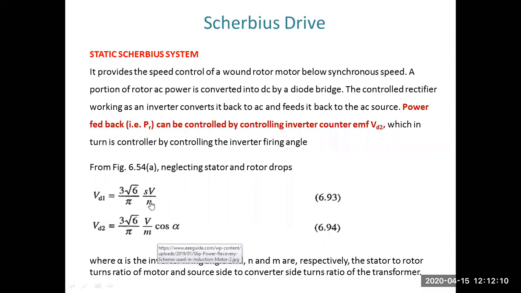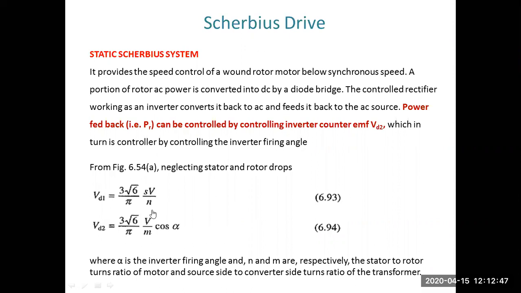It is the turn ratio of rotor stator to the rotor side. So both the turn ratios are different here in our case. Now, here the term S is used. S is used for slip. As we know, in the case of an induction motor, when a voltage is transformed from one side to another side, in our case from the stator side to the rotor side, a multiplying term of S, or the slip, will multiply with the output voltage or the induced voltage. So here we are using the term S.